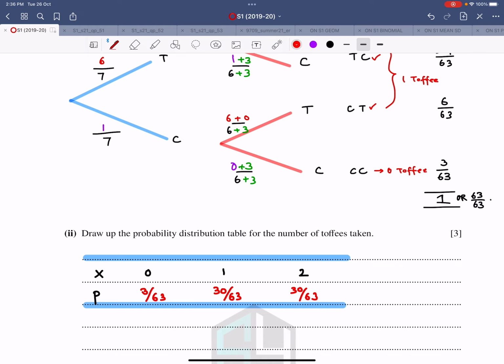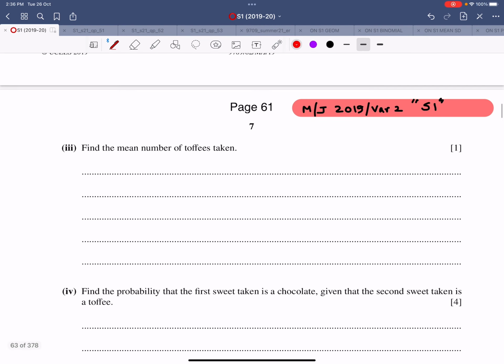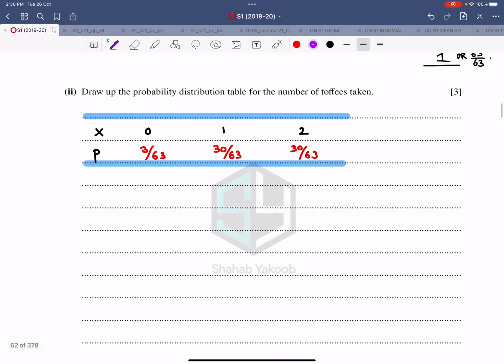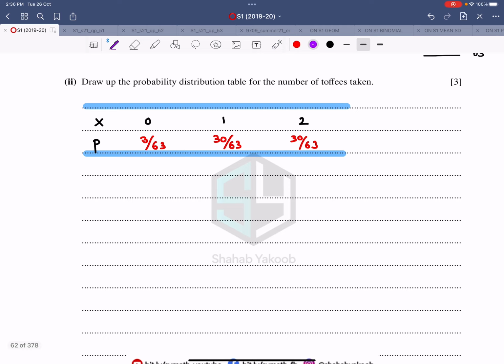Either they can ask for the expectation or expectation of x square or variance of x. Let's see. So they have asked us for expectation of x. Expectation of x, x is sigma x multiplied by p. That means multiply each value. Let me multiply it simply over here. Expectation of x, you should write it over there. For the screen saving, I'm writing it over here. 0 into 3, 1 into 30, 2 into 30, divided by 63.